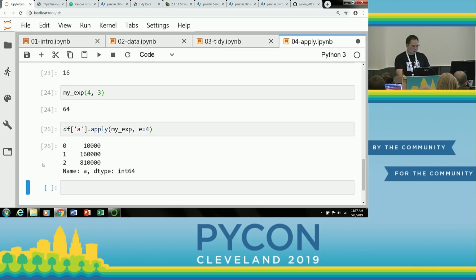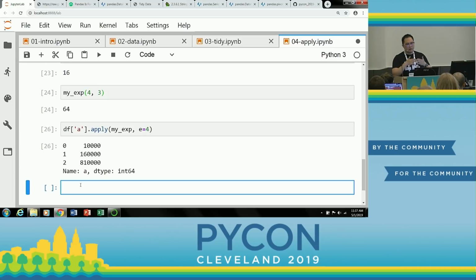All right. So that's with a series, right? Series are pretty simple because it's only one dimension of data. But data frames have at least 2 dimensions that we have to deal with. So that's why the index or axis comes into play. Do you want this thing to work row-wise or column-wise? And just to show the point,